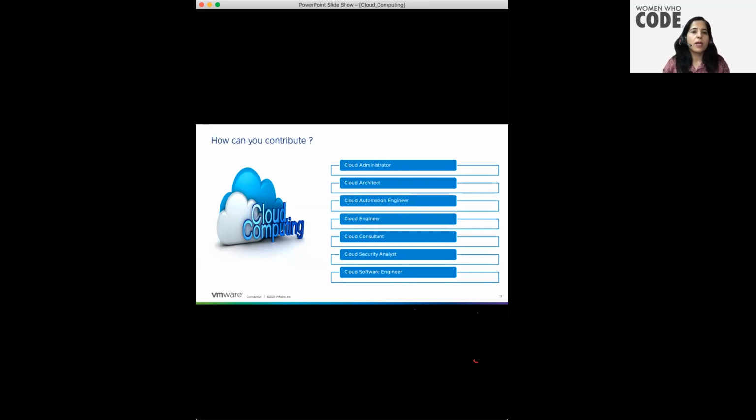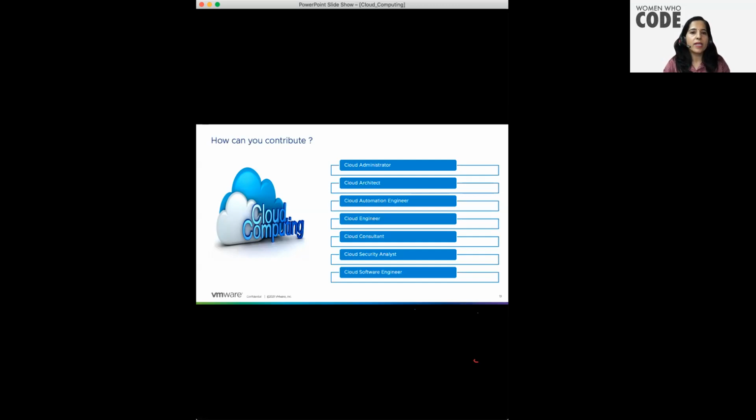If you see the cloud administrator, these are the experts who manage the company's cloud presence in the infrastructure. They develop, enforce, and update the policies for how employees and users can access the cloud services, what security protocols are used, what policy should be there, and how to monitor. They monitor and ensure the uptime. So this is the work done by cloud administrators.